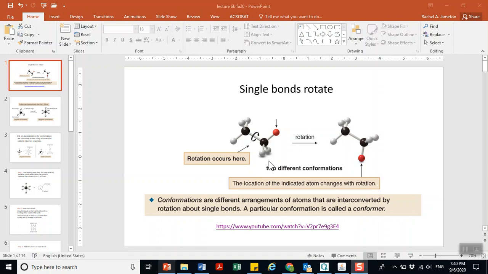In this video, we're going to define conformations and then look at how we can use Newman projections to represent them. So conformations are different arrangements of atoms that are interconverted by rotation about single bonds. So two extremes